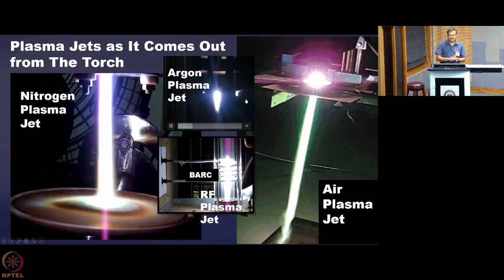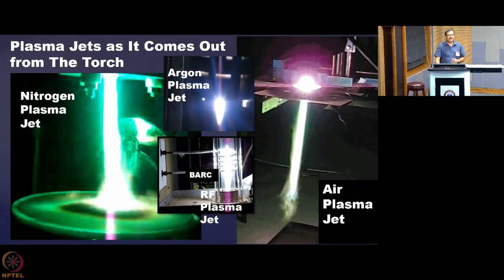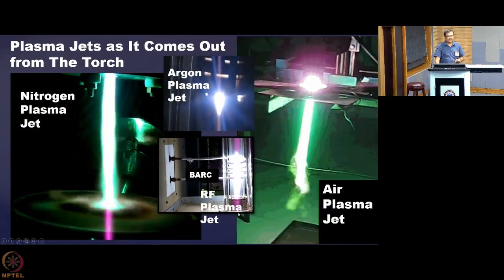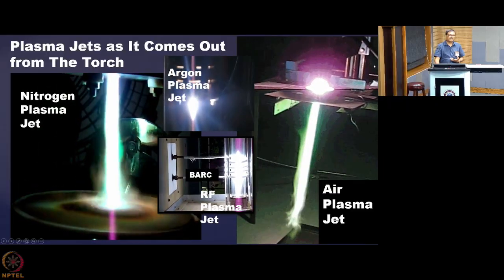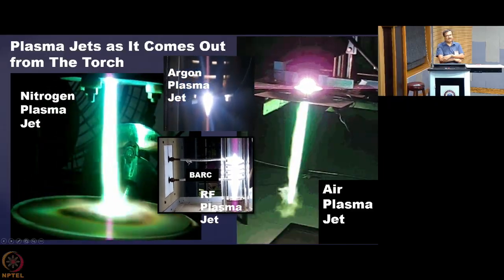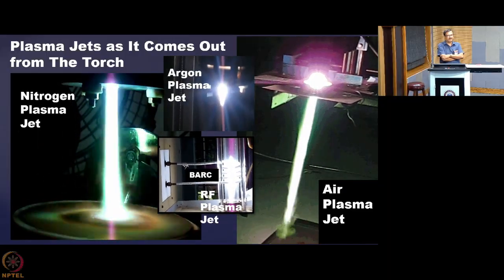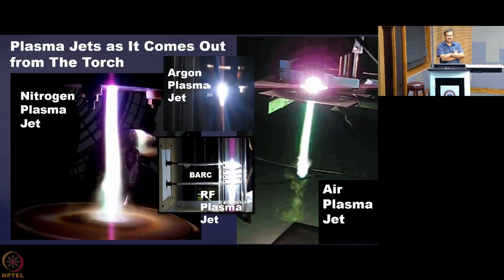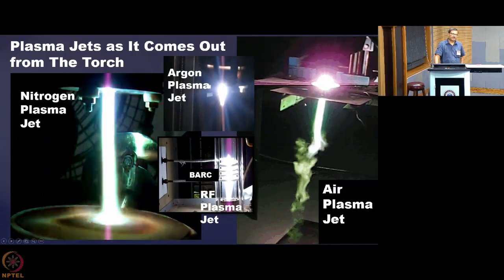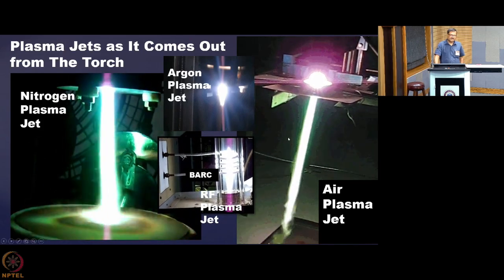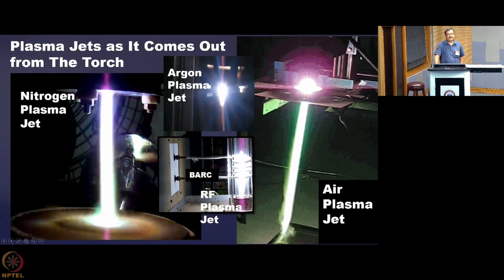Now in front of you there are 4 jets. One is an argon plasma jet, one is a nitrogen plasma jet, one is a radio frequency produced argon plasma jet, and one is an air plasma jet. So, the behavior is significantly different, right? As I told you, the air plasma jet is showing lots of instabilities,